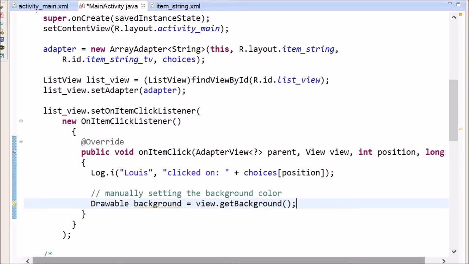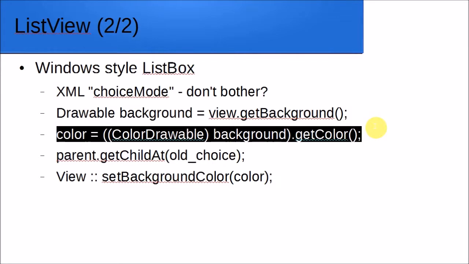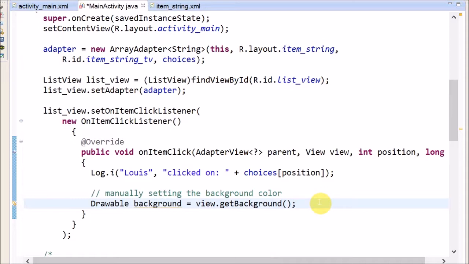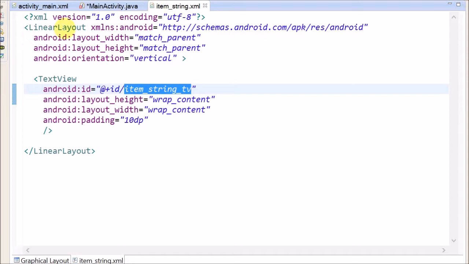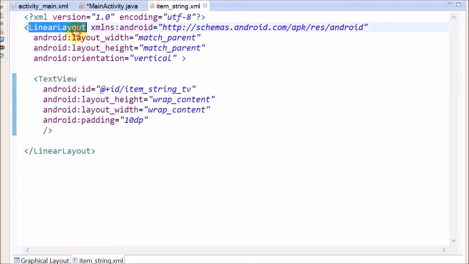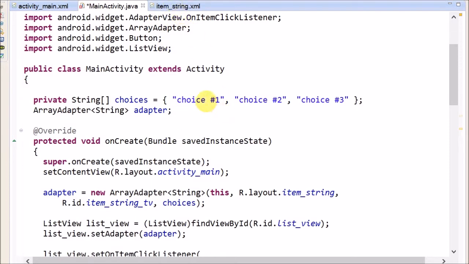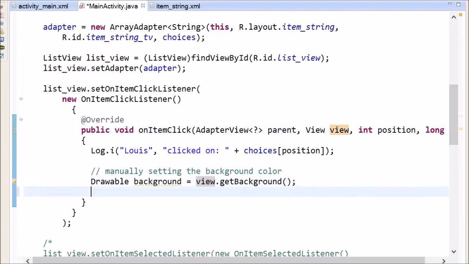Okay, and next. So like I said before, in this event handler, the view is the item that you clicked on. Whichever version of this thing you click on, you have 3 versions of the item string, for choices 1 to 3. So you're getting the background of it, and then the color is